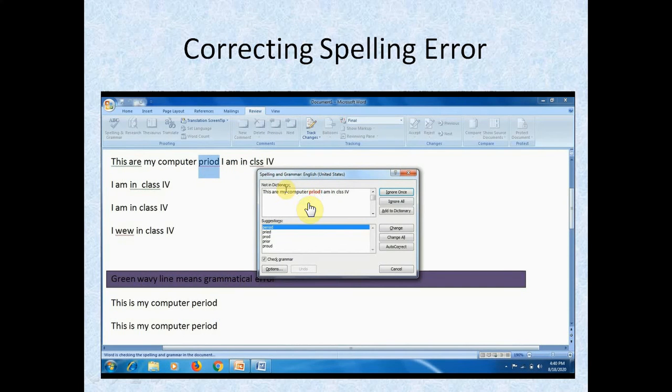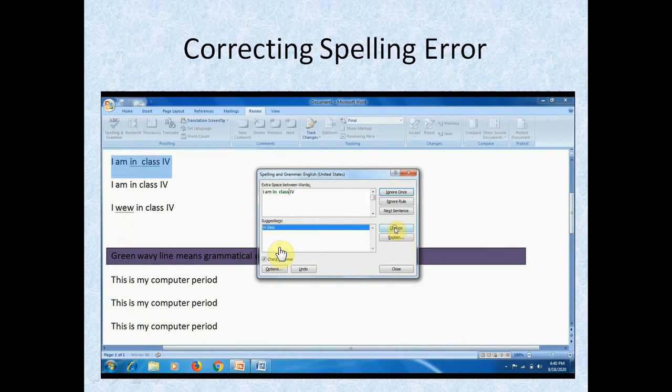So if you want to change, you can change once, or if you want to keep this, then you can ignore it. Okay, or you can do Change All or Ignore All, or if you want to change, then there are some words given related to this. You can choose from here and you can change. Okay, so here I have changed accordingly, class to CLASS, so it will be like this. Okay, so here it must be "this is", so these options are suggestions showing here, so we can change it.